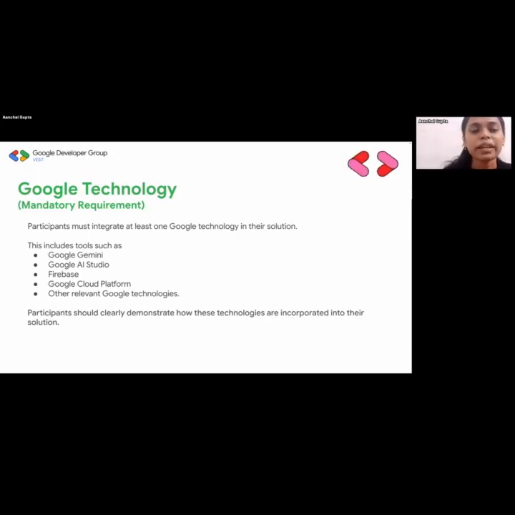So if you want to explore, you have 1 month time. You can go to Google Cloud Platform, register, and explore all the different technologies they have. And there are endless possibilities as to what you can do with the cloud. You can basically do anything. You can build a virtual machine, you can use Google Maps API, you can use Gmail API, anything that you want to integrate in your project, you can do it with Google Cloud Platform.